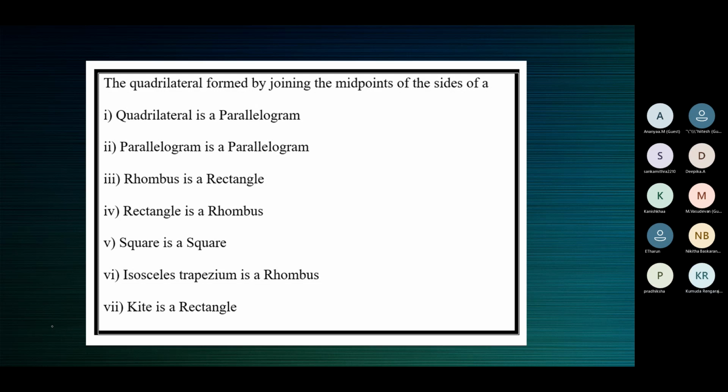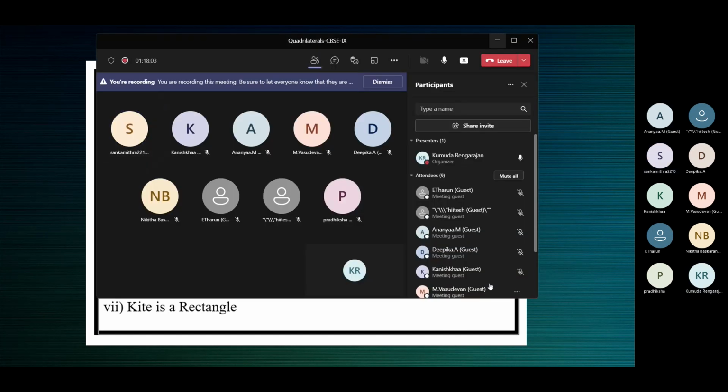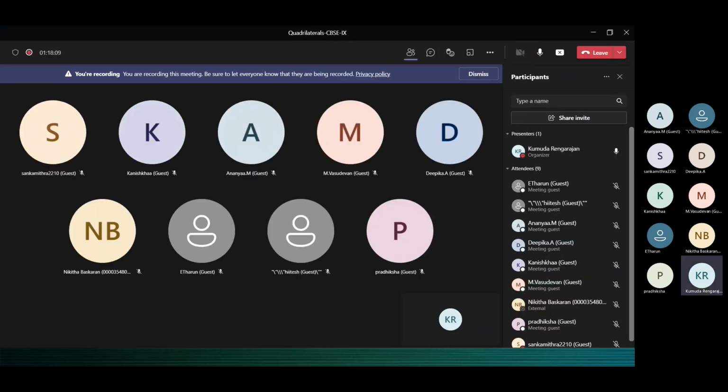Finish writing, children. Can we move on? I can't hear anything. Are you guys there or not? Is it over, children? Yes, ma'am. Class, use the emoji. Raise your hand.